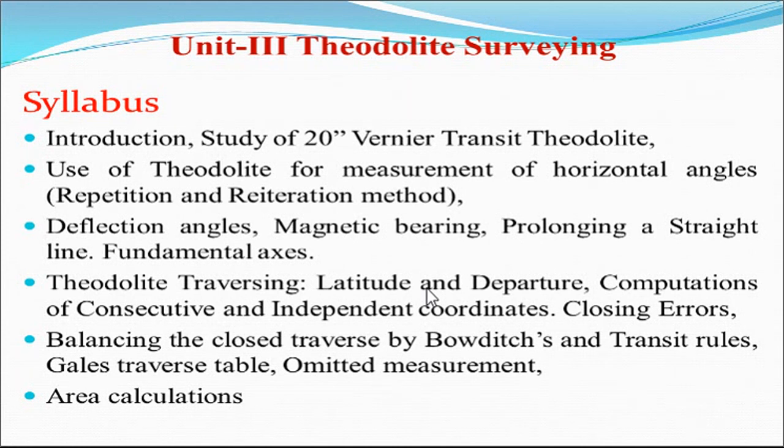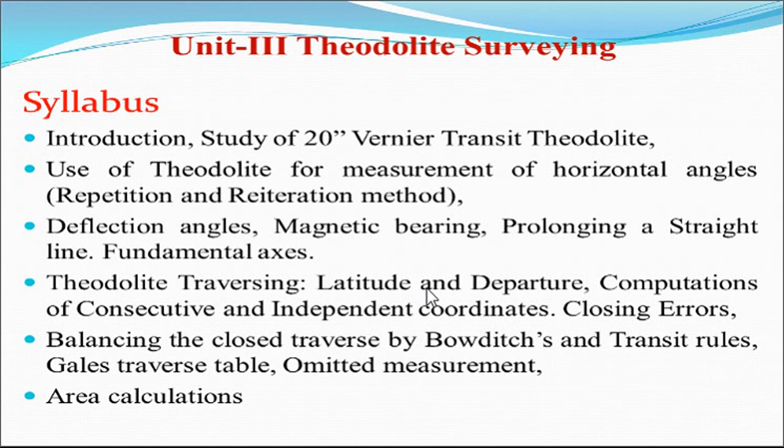Now in unit number 3, the theodolite is also an instrument, and when the theodolite is used for surveying, that type of survey is known as theodolite surveying. If you look at the list of equipment we used: chain or tape for horizontal measurements, prismatic compass to measure angular measurements, and plane table survey to locate more details. In the second unit, the dumpy level was used. Now in unit number 3, we have to use the theodolite, again to measure angular measurements.